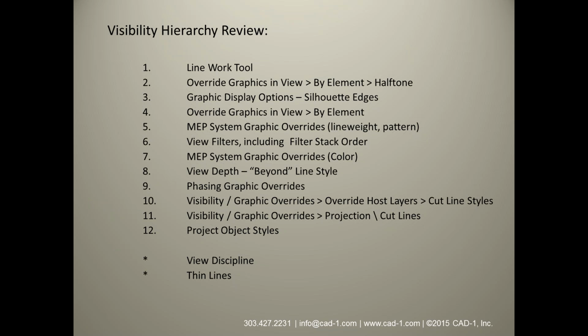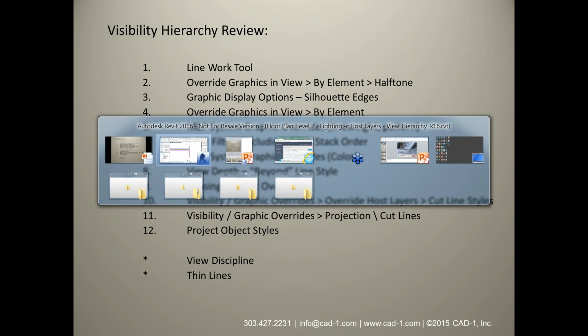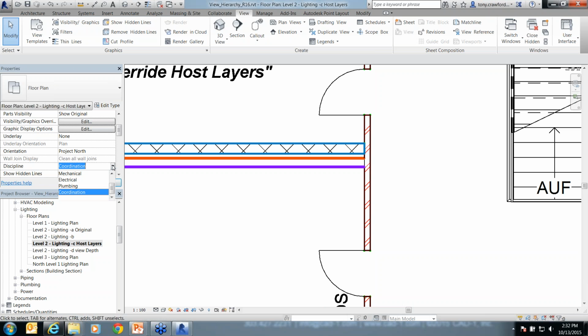Not with one click. Depends on what you mean by discipline. If you mean the discipline in the view, the category name, the property called discipline that's in the view, no, it does not change pen widths, but it does change pen color. Well, it makes it halftone. It might be the same color, might be green versus stay green, but it'll halftone anything that's architecture, and it halftones anything that's structural. And to be even more detailed, it halftones and makes anything architecture or structure,